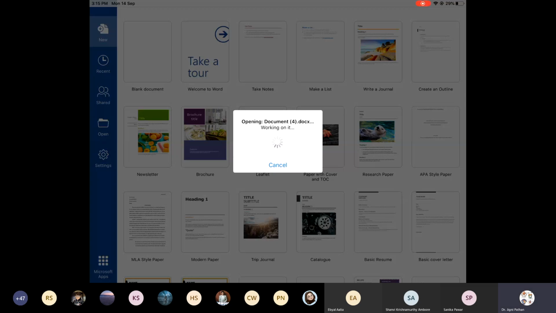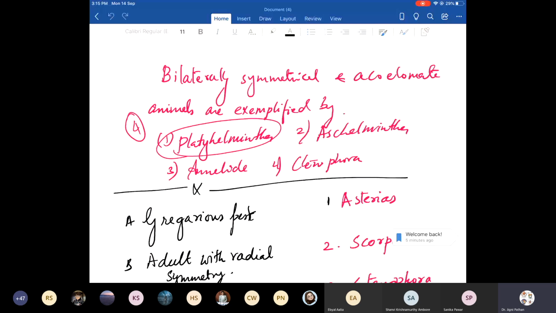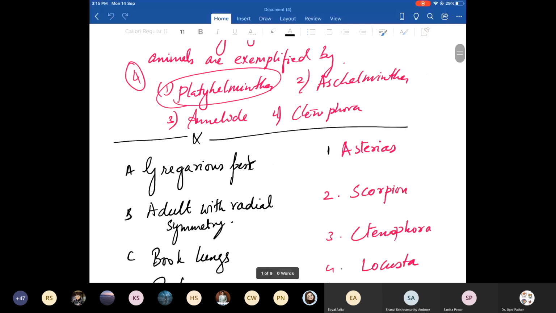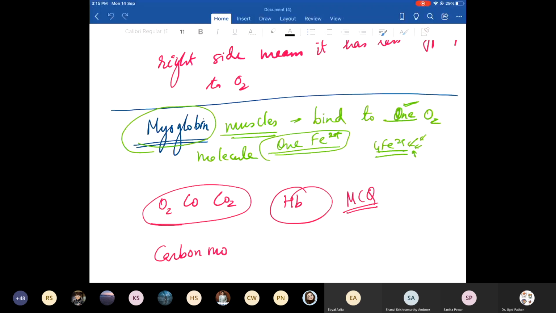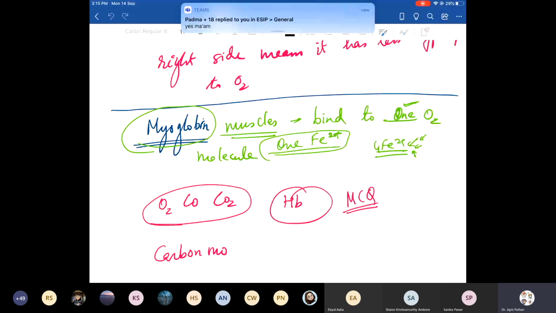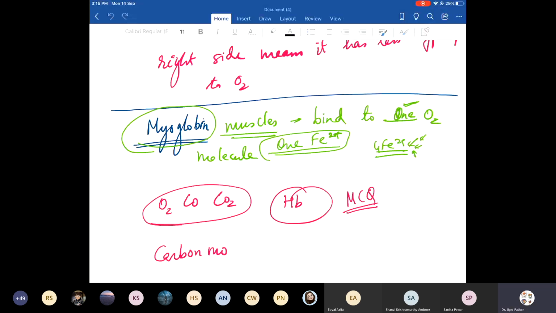So, have you understood the revised lesson? Is it clear about the curve? Everybody? Yes. Now let's move on to what I was saying. Carbon monoxide. Please write down monoxide. Monoxide has higher affinity to hemoglobin.